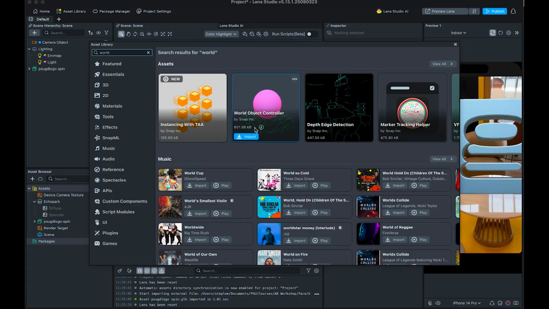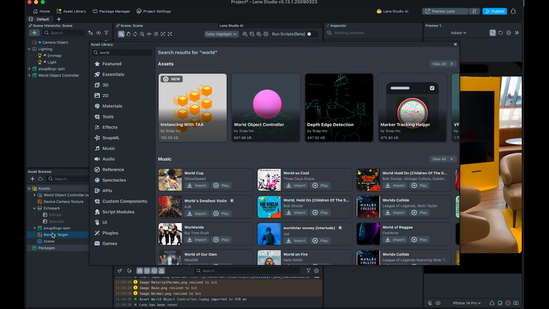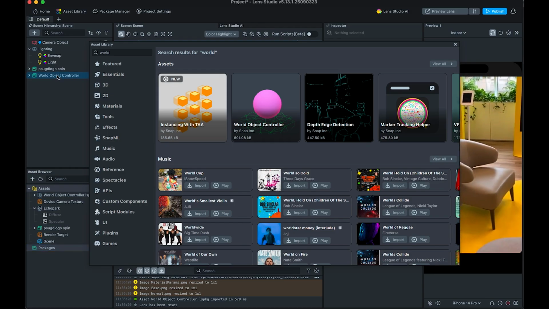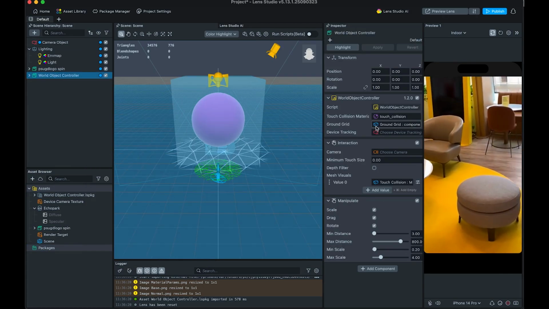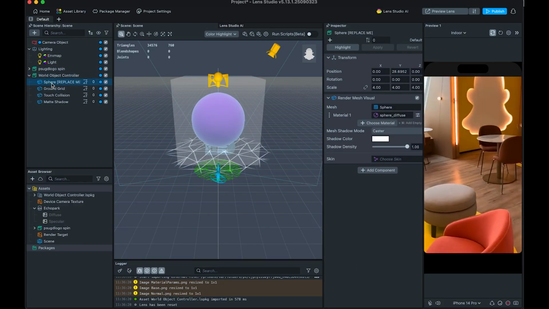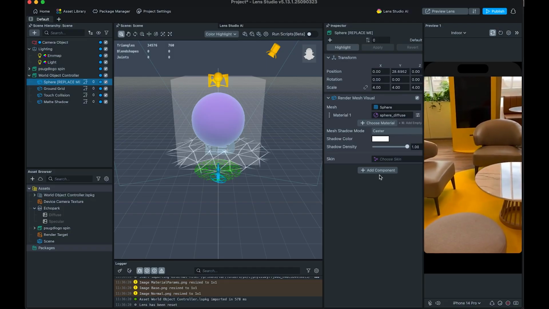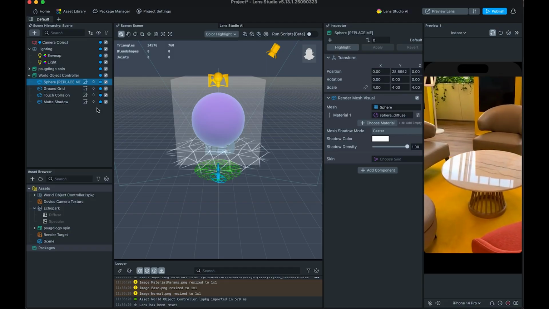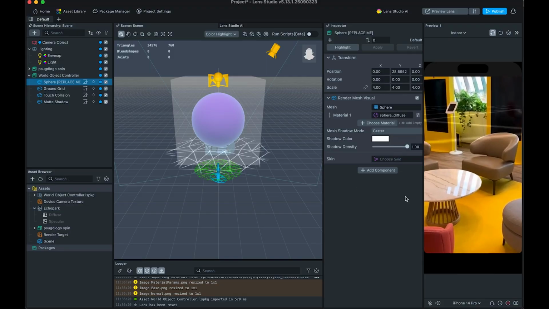So this will help me put this into place, and it'll also give me some controls. You can see it brought it into the asset browser, but it also brought it into the scene itself. So when we open this up, you can see some of the assets. There's the sphere here as sort of a placeholder. We're gonna swap it out. You can see it's actually not really. Oh, there it's kind of there. It's in the space, and